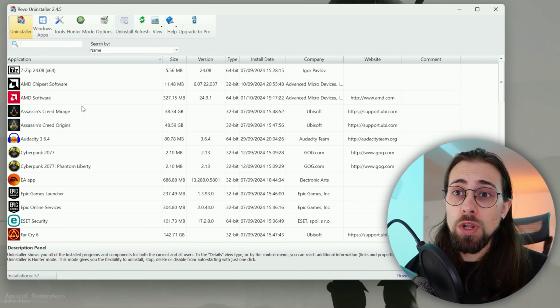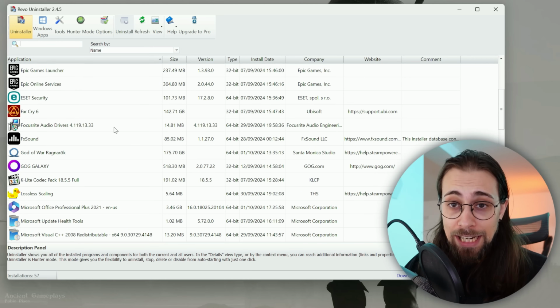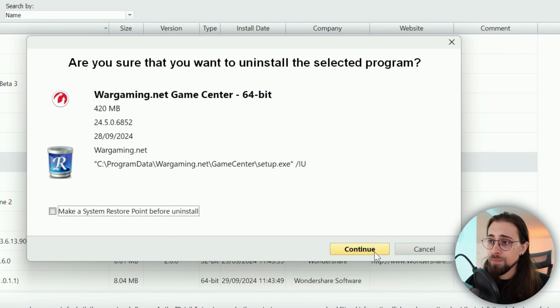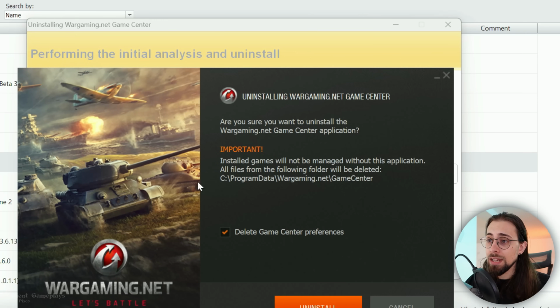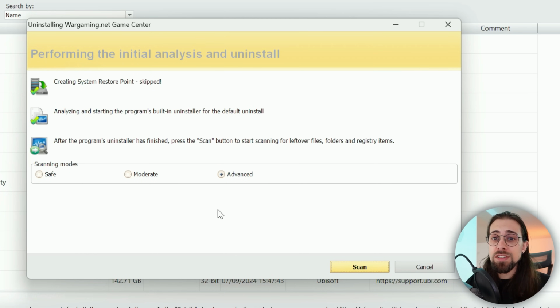With Revo Uninstaller, you can clean install your files, and I mean really clean install. For example, wargaming.net Game Center. You just go here, you go continue. It will disable or it will uninstall the software. For example, delete Game Center preferences, uninstall. You uninstall the game, and after you uninstall the game or the application, you have the performing the initial analysis